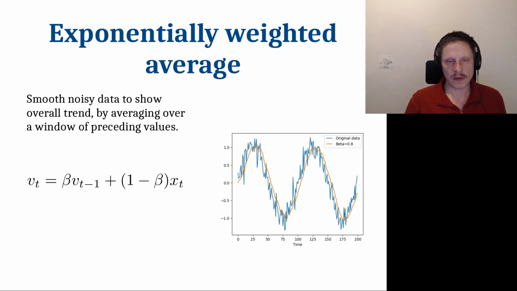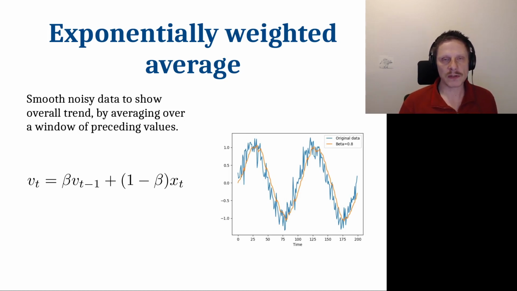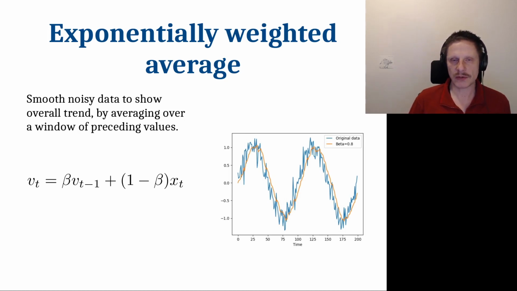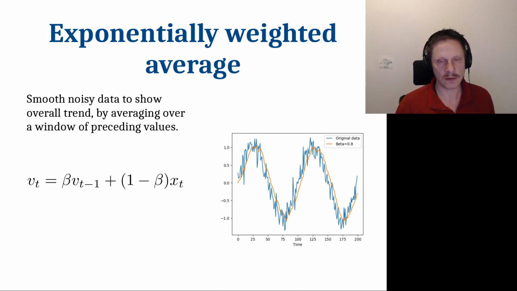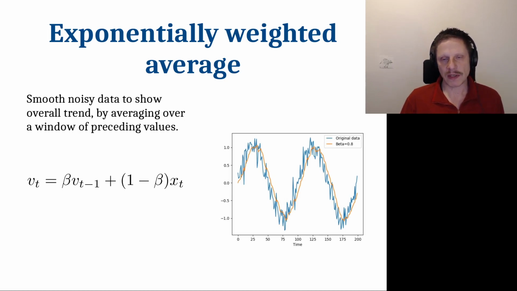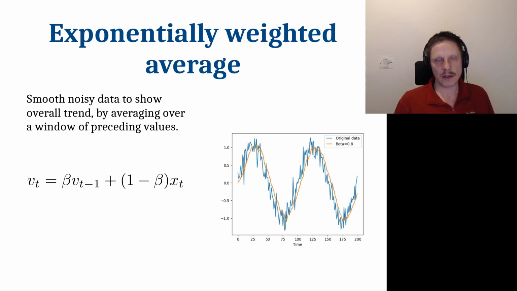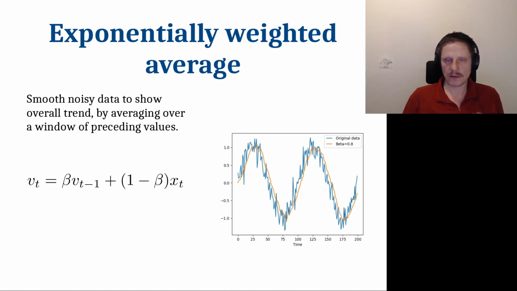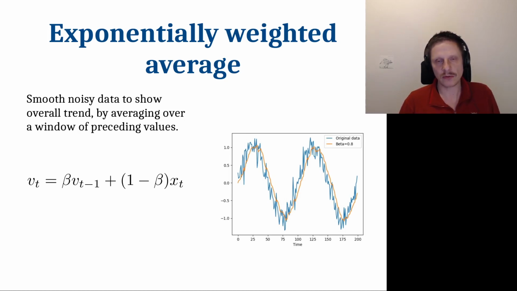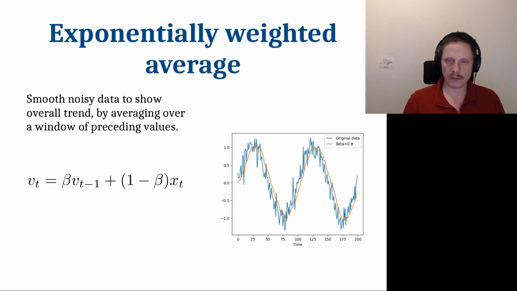So the first thing I wanted to mention is the concept of exponentially weighted average. This is a concept which we will be using in the rest of the lecture. The idea is that if you have some time series like the data depicted in this plot on the right hand side of the slide in blue, often this time series may contain some type of noise or some variation which may obscure the overall pattern of the overall trend that this data should be displaying,